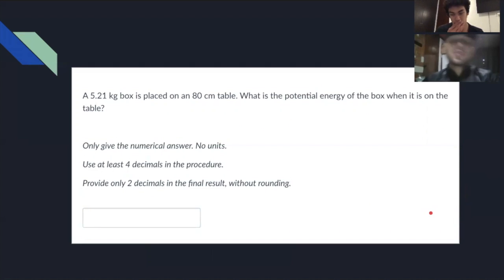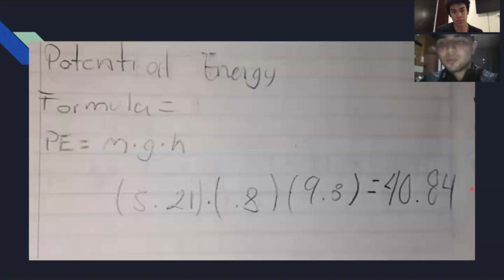Well, and here we have the problem that says a 5.21 kilogram box is placed on an 80 centimeter table. What is the potential energy of the box? It is on the table. Well, so here we have